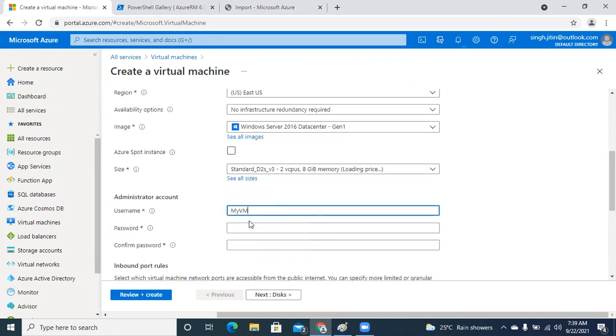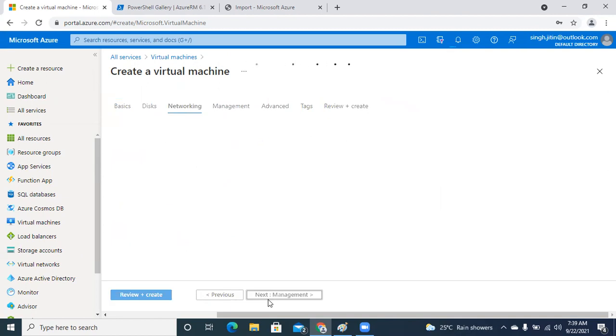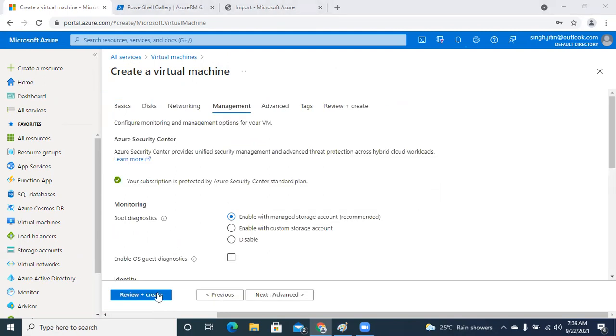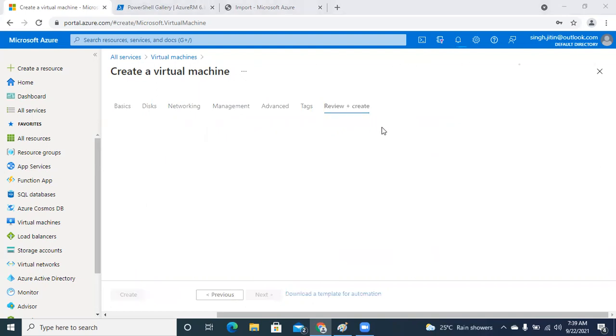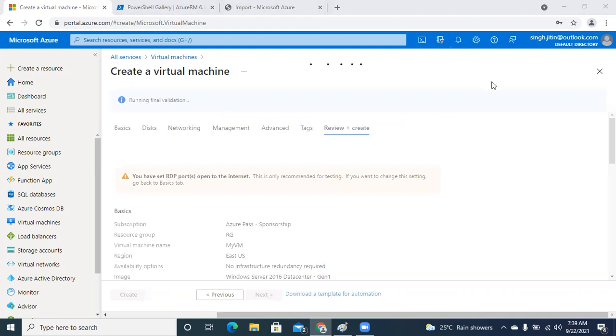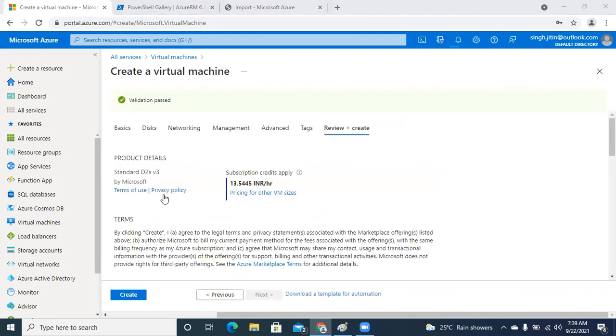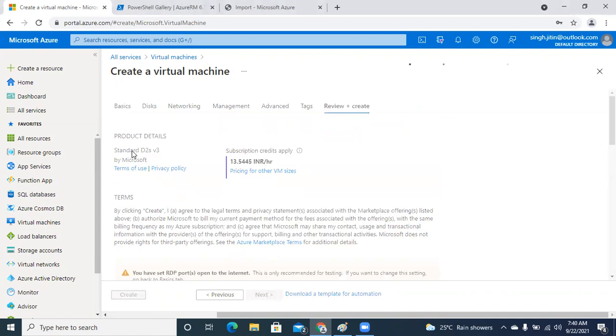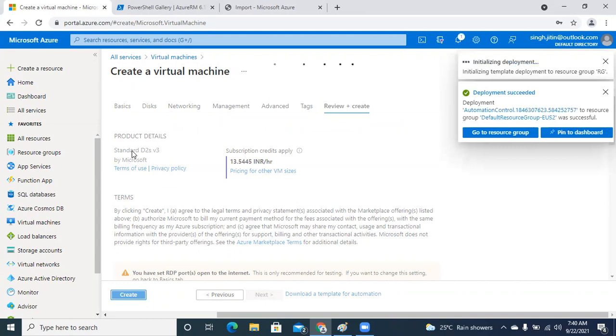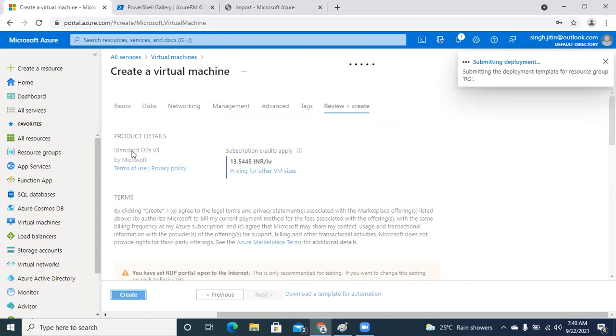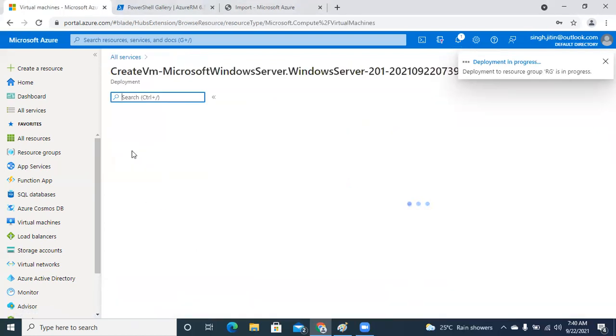Location East US, using the Windows Server 2016 Datacenter licensed image over here, and creating this particular VM. Okay, guys, so this will take a few more seconds.